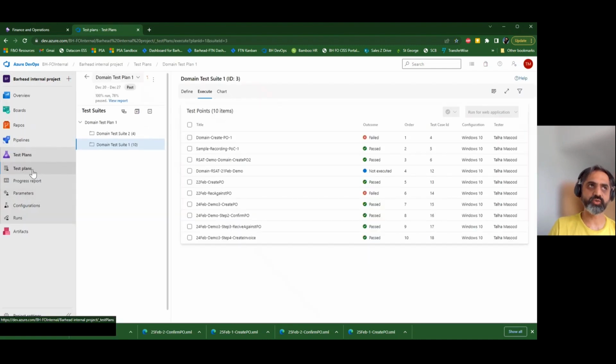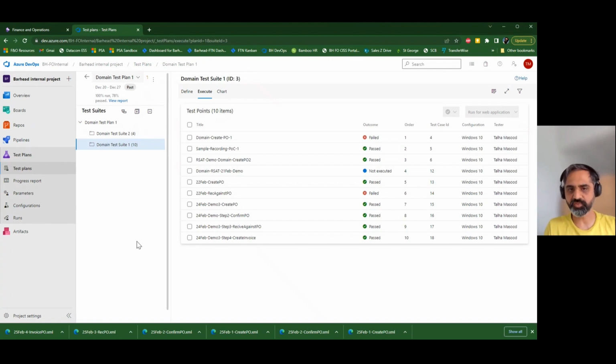Within test plans, as I showed you before, we can have different levels of organizing your test cases in various different ways. If I give you examples, you could have test cases divided per business process. For example, you could have test cases for your purchasing team, for your fixed asset management team, for your system admin team, or whatever. What I'm trying to say is that you can divide them by your business processes,